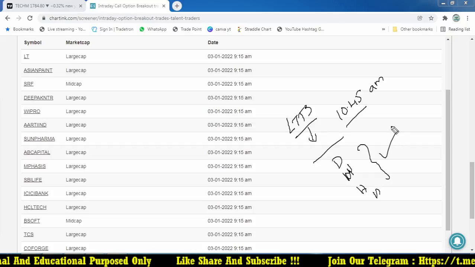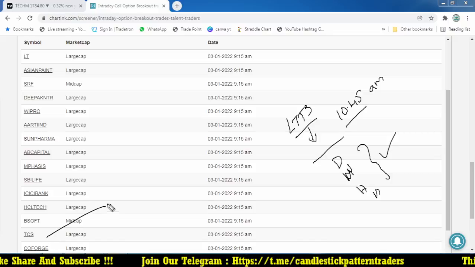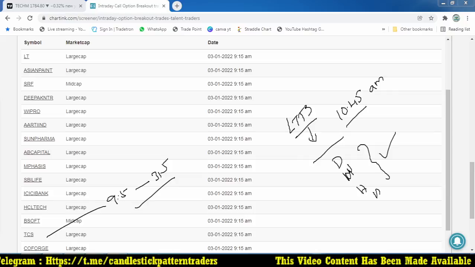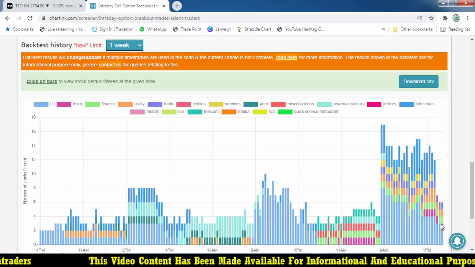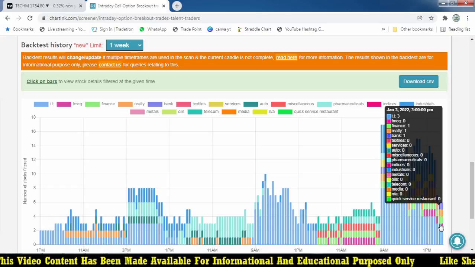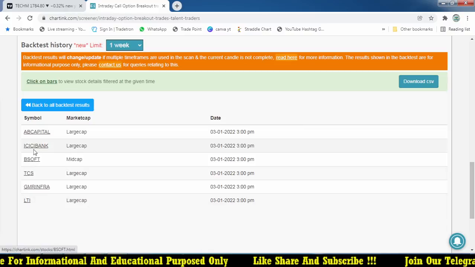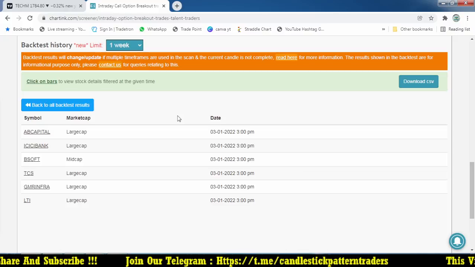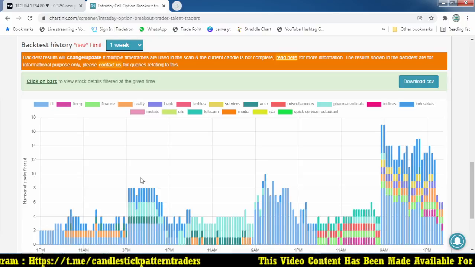It satisfies all the criteria. That's why the stock is standing in the front, and it also continues from 9:15 to 3:15. You got it? If any stock is down from that, that stock may be removed from the scanner. Looking at 3:15 or 3 o'clock, we have only a few stocks: LTTI, LTI, GMR, TCS, BSoft, ICICI. What it means is that the stock started by 11 o'clock and till 3 o'clock it was satisfying all the conditions. That is the main thing we want to understand from that.